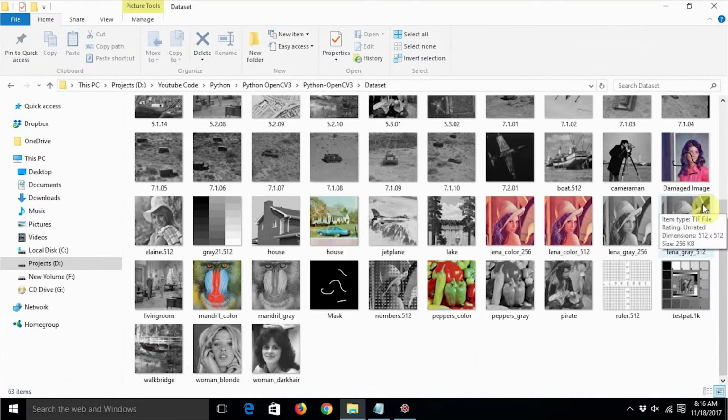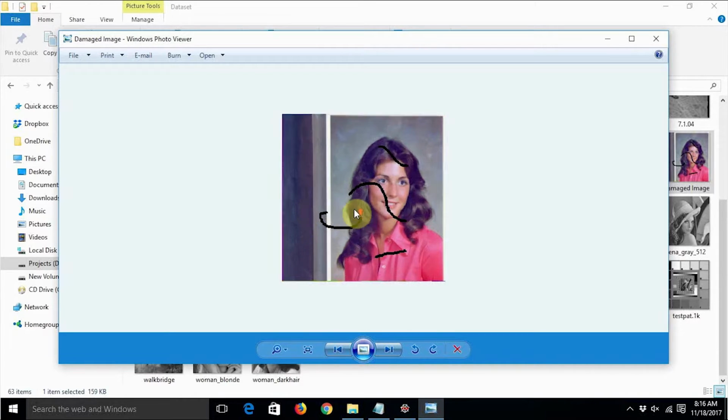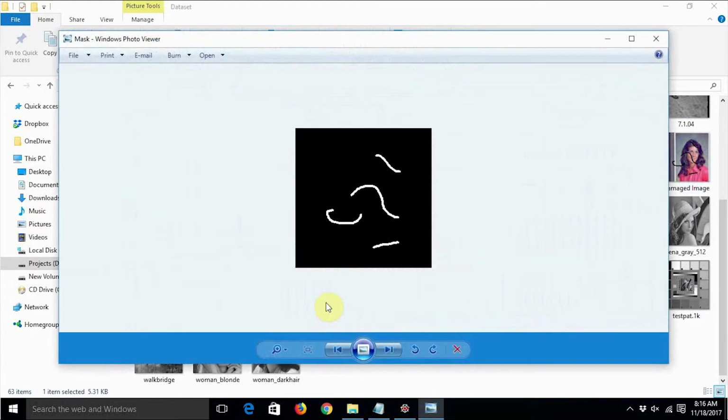So this inpainting function in OpenCV can repair certain kinds of damage. Suppose this is a photograph and parts of this photograph are lost due to some sort of deterioration or damage. This is a sample of this, and in order to repair this photograph, we need to create an appropriate mask. A mask is nothing but an area exactly the same size as the original photograph. The only thing is that all the pixels will be black and the pixels which correspond to damage should be white. This is known as a mask, or inpainting mask.